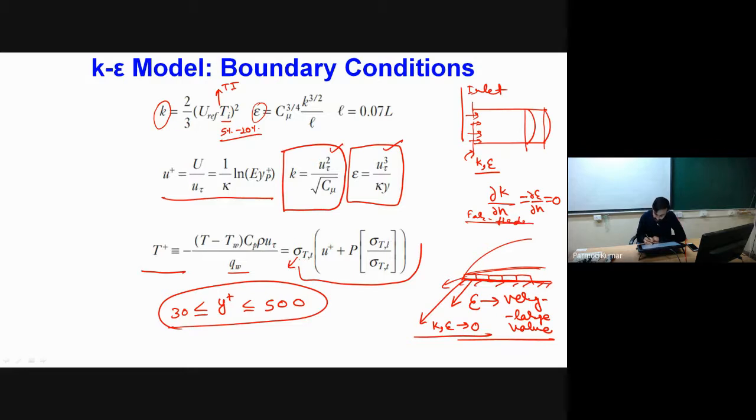This is Prandtl number for laminar condition, and this P is some function whose value depends upon the ratio of laminar to turbulent Prandtl number. Okay, the ratio of these two actually decides. Now, when we are having the values of P and the sigmas known, U plus already we are knowing, so we can find out the value of T plus also in the near wall region. However, for other fluctuating component of the scalar, we will be having some scalar transport equation which we have to solve in the region away from the wall. Okay, this point is clear?